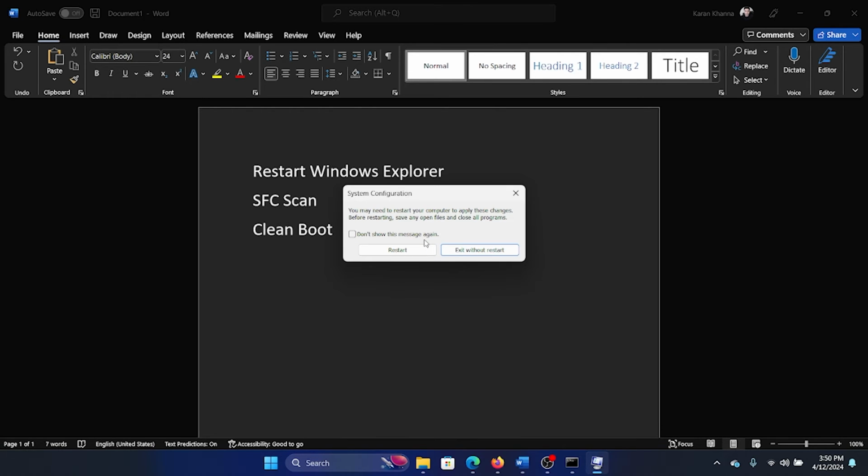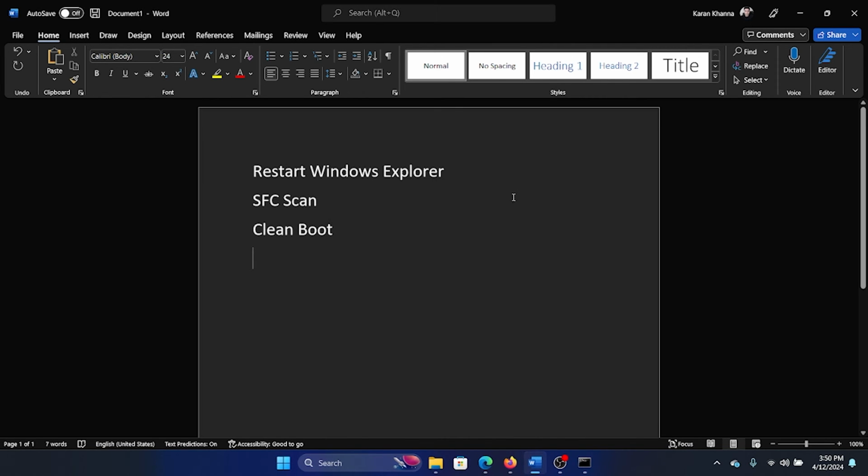Here's what will happen. In the clean boot state, all external programs will be off at startup. They will be disabled at startup. And in that case, you can try to identify an interfering third-party program that is preventing the drag and drop